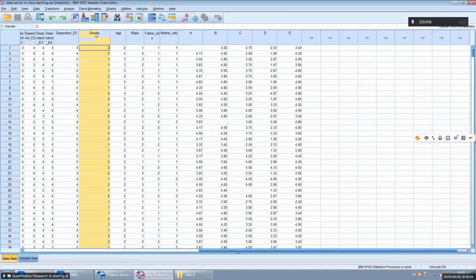This is gender, right? In this gender, we have two numbers. One represents male, two represents female, right? They belong to this type of variable.